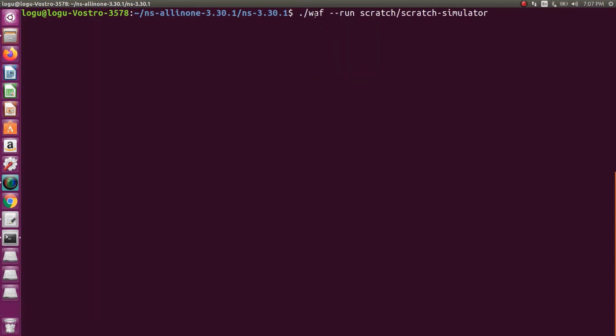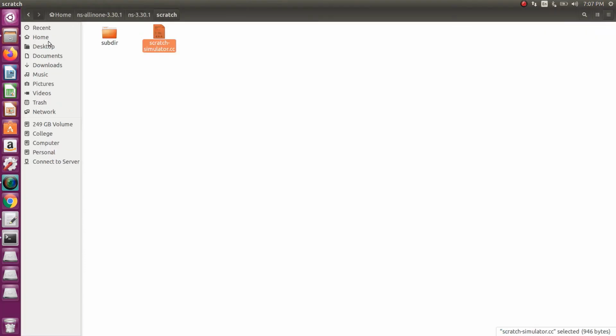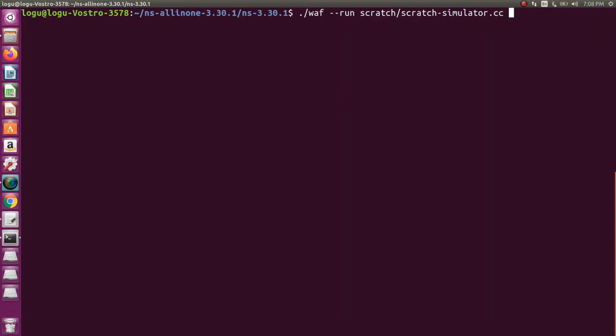Okay, ./waf --run scratch, then this is the file name, scratch simulator available in your scratch folder. So it is a .cc, so we want to delete the extension. Okay, just give enter.